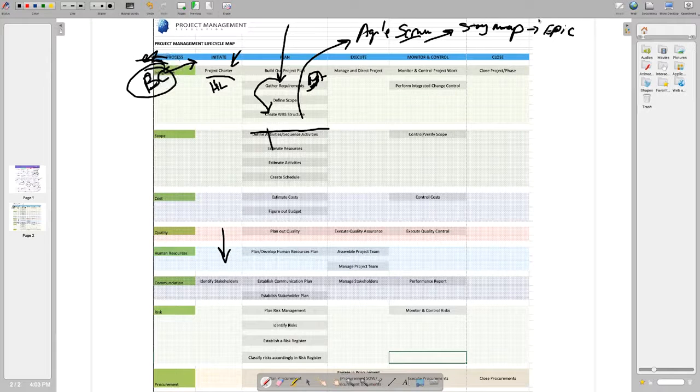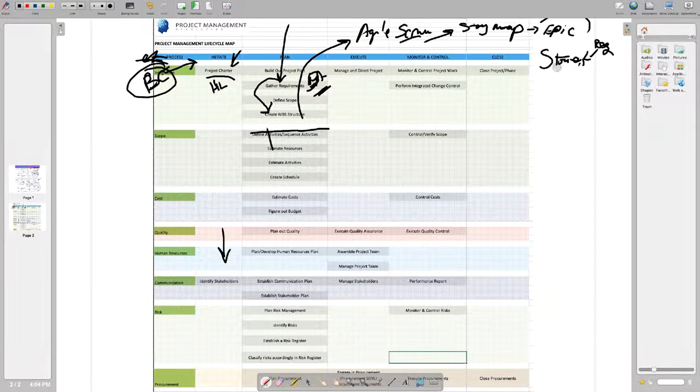And so we create our epics. And then once we create our epics, we're going to create our stories, right? And our stories are actually going to come from the requirements documents, right? Which is back here from the BA, the business analysts or whoever's going to be gathering requirements, right? Then from the stories,